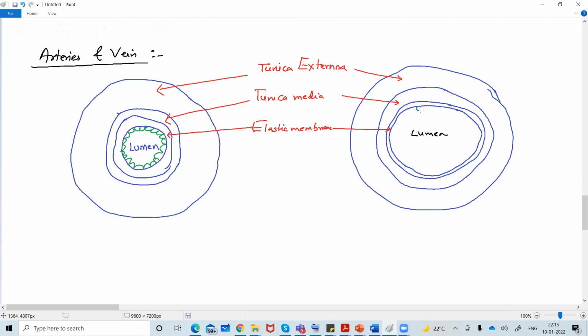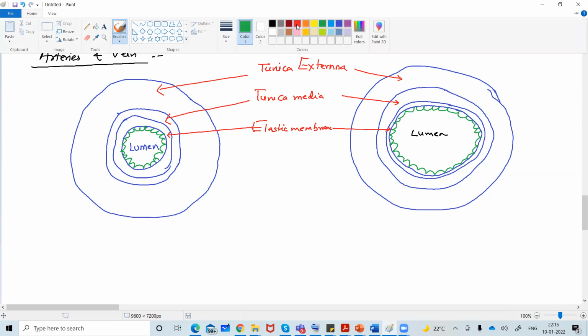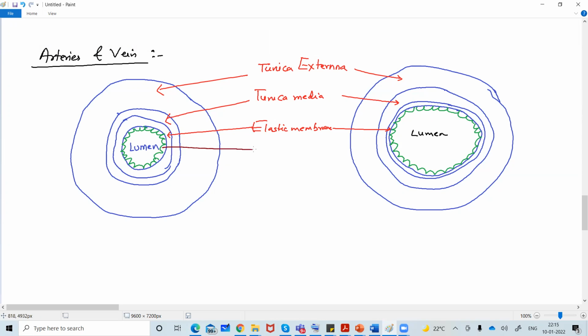Here also, they are a group of cells arranged like this. These cells are called endothelium because they are present inside. There is one more term called epithelium. When we say epithelium, that means it is present outside. Endothelium is present inside. And these two are lumen, the gap where blood flows.